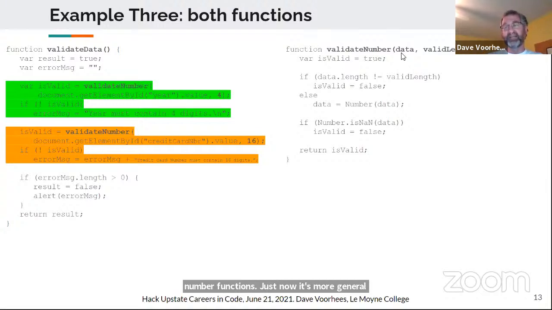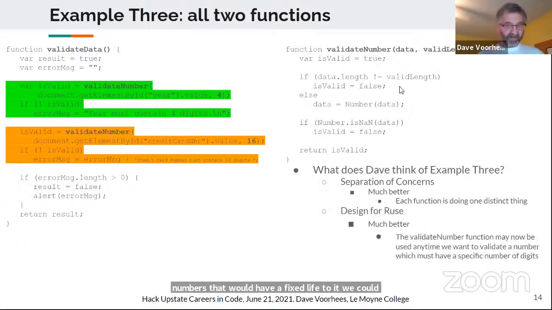We can pass any data to it that's supposed to be a series of digits, as long as we know how many digits are required. If it's a fixed number of digits, such as federal tax ID number or social security number, there's a whole bunch of numbers that would have a fixed length. We could use the same validate number function and validate any of those numeric values entered by a user.